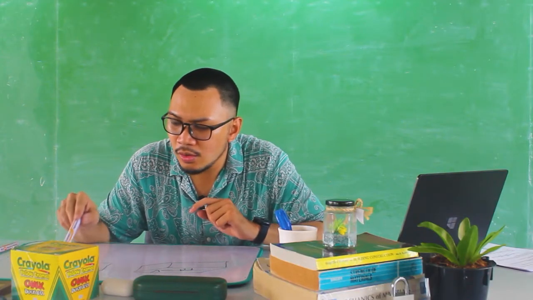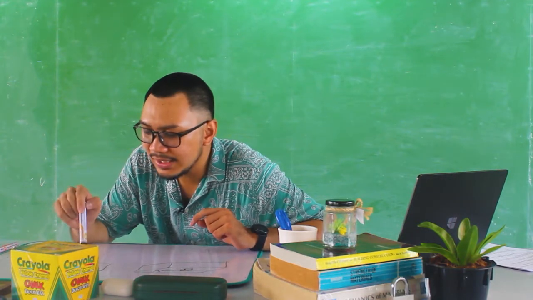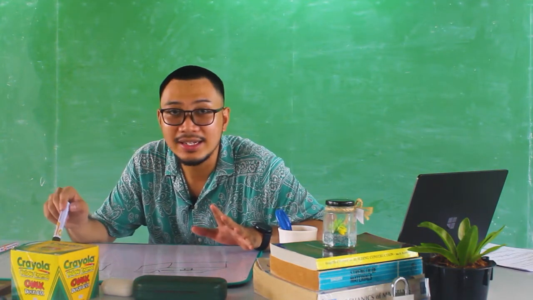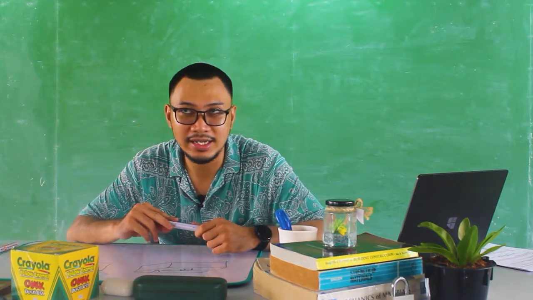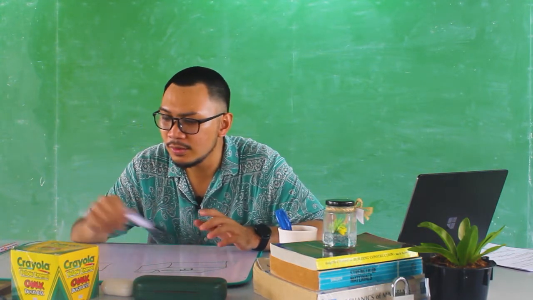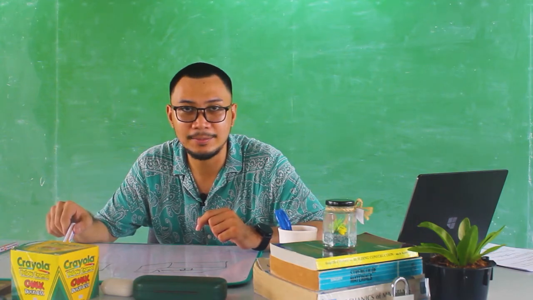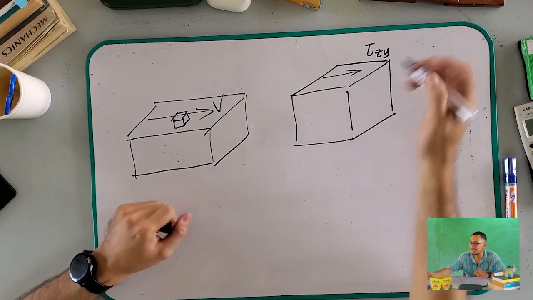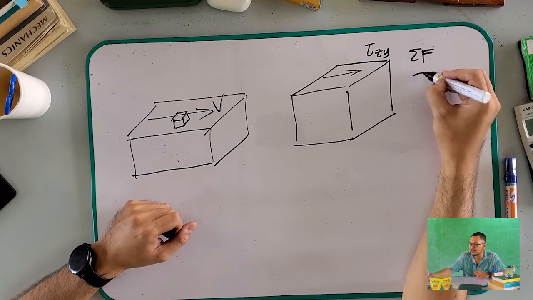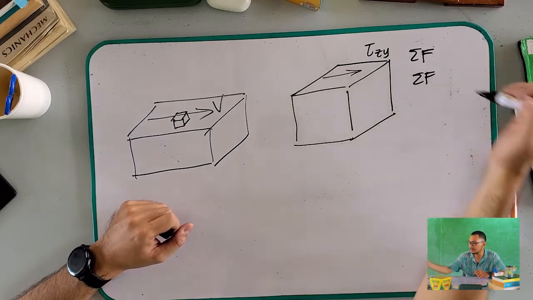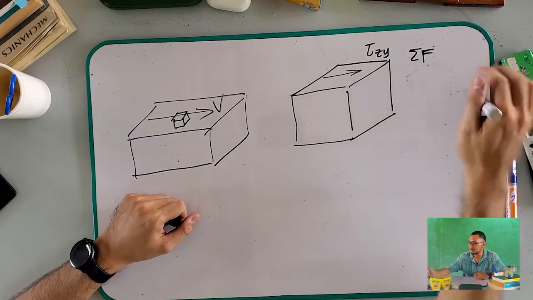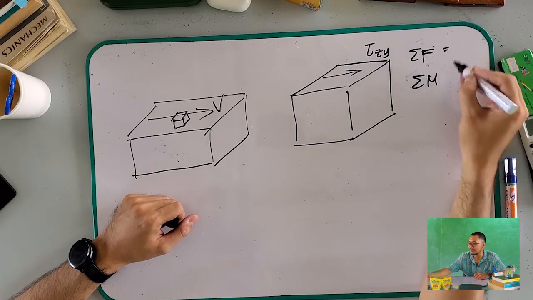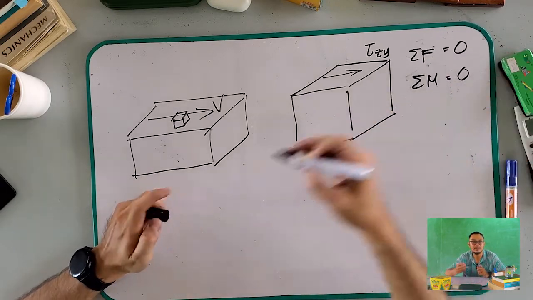So kung moingon tag equilibrium ni siya, dapat naay untay mo equate sa iya para mo zero ang iyang sum, di ba? So unsaon man siya pag zero sa iyang sum? Especially sa atong summation of forces and summation of moments. Summation of moments. So dapat both of them should be equal to 0 if we are talking about equilibrium. So kanus aman ni siya ma-equal to 0. If